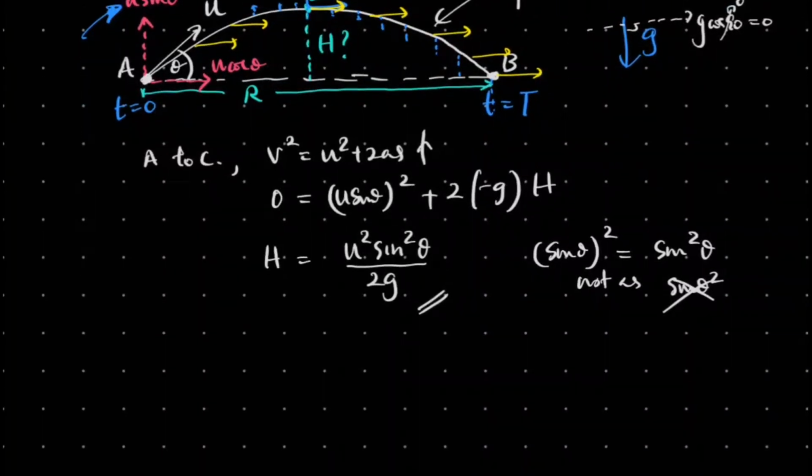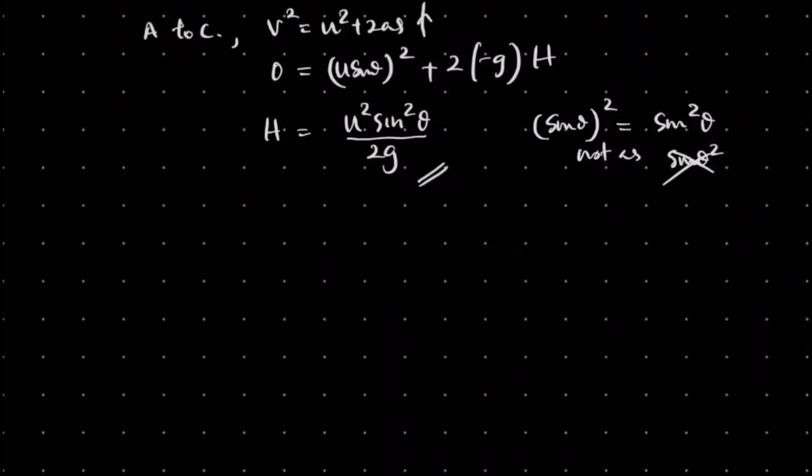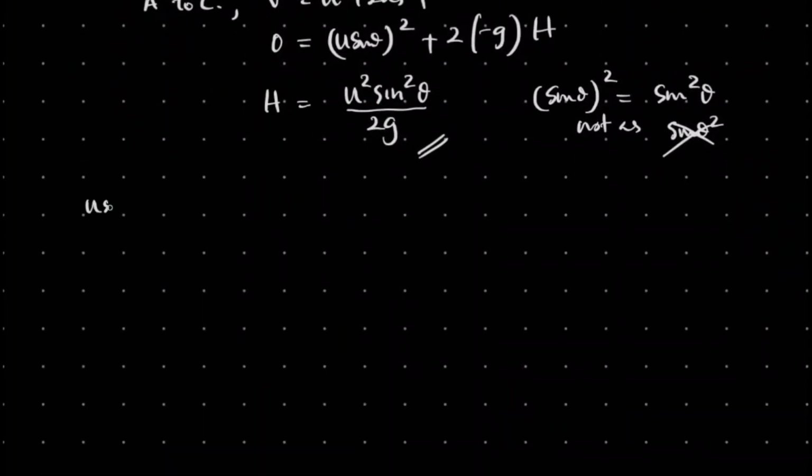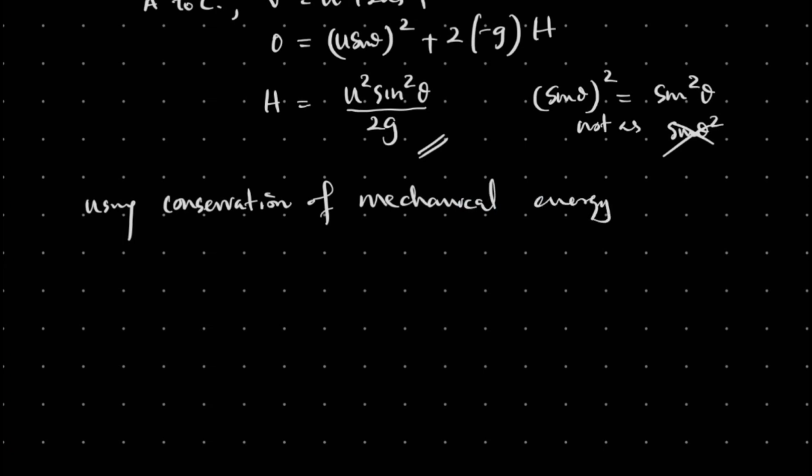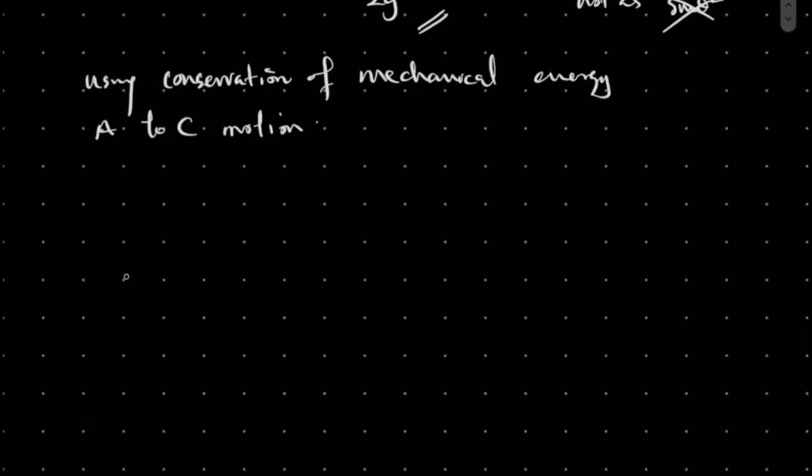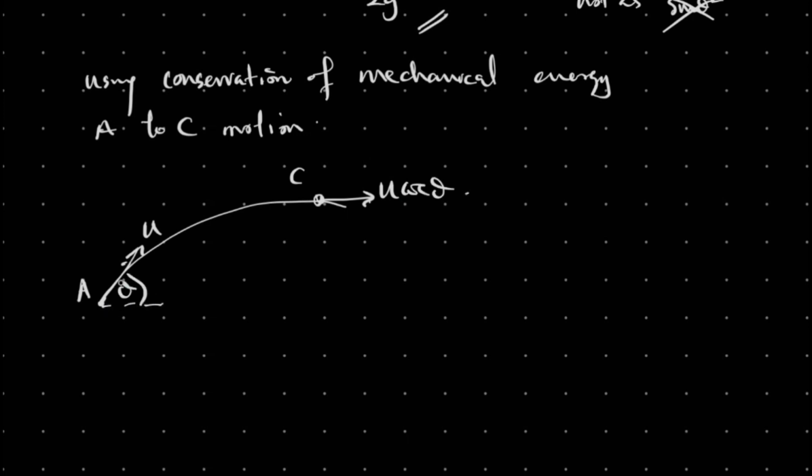The other method is using conservation of energy, conservation of mechanical energy, for the motion from A to C. I'll redraw a part of the diagram. We threw it with u, and this is the maximum point, where this point is A and this point is C, and we know the horizontal speed is u cos theta, if we understood that earlier argument I made,